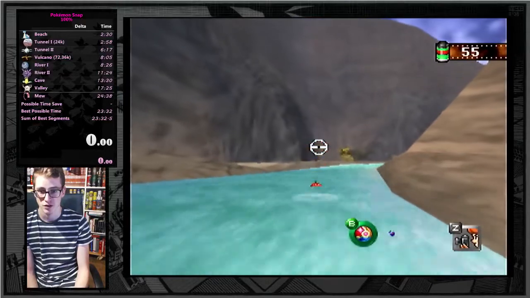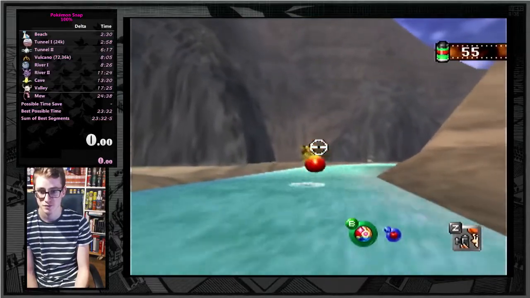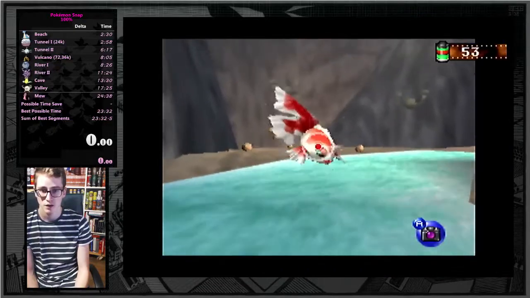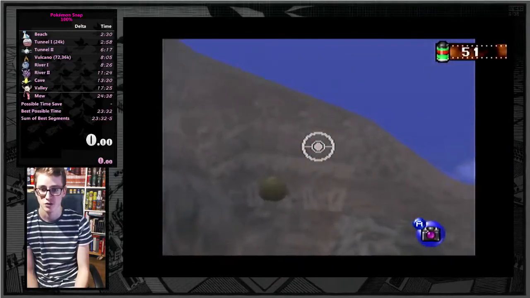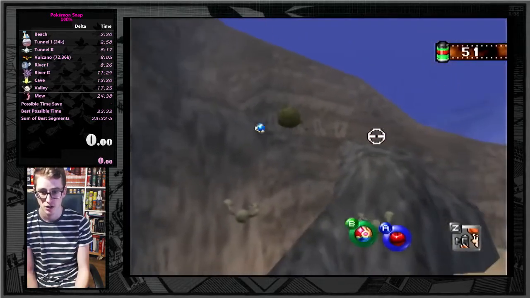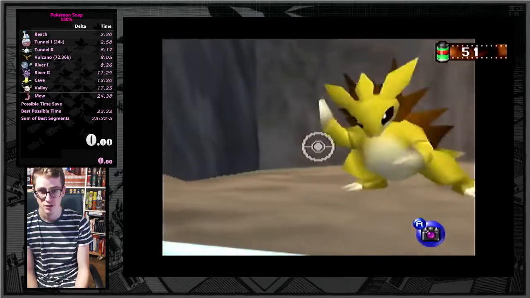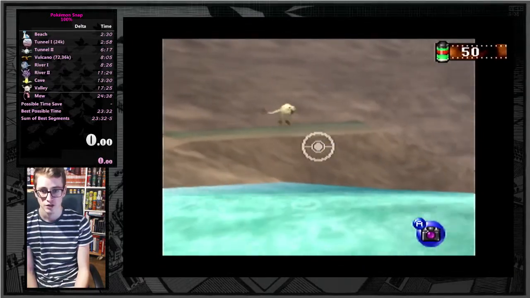Dratini and Goldeen. Come on, Goldeen. Okay, this was strange. Goldeen can be a bitch. Just to make sure we get him. Here we go. Another maybe